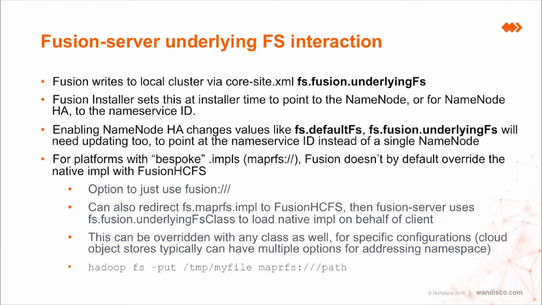Then the Fusion server uses the underlying FS class to load the native impl on behalf of the client. This can all be overridden with any class as well for specific configurations. Object stores typically have multiple options for addressing a namespace. Here's an example: a hadoop fs -put /tmp/myfile into maprfs://